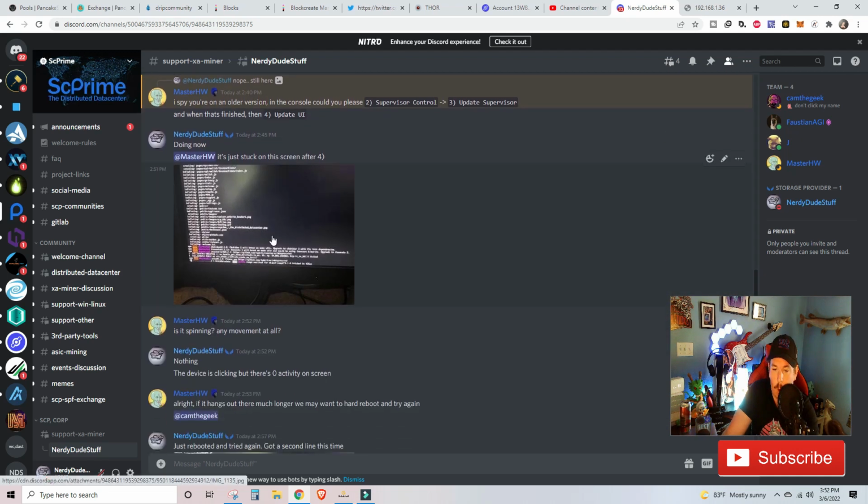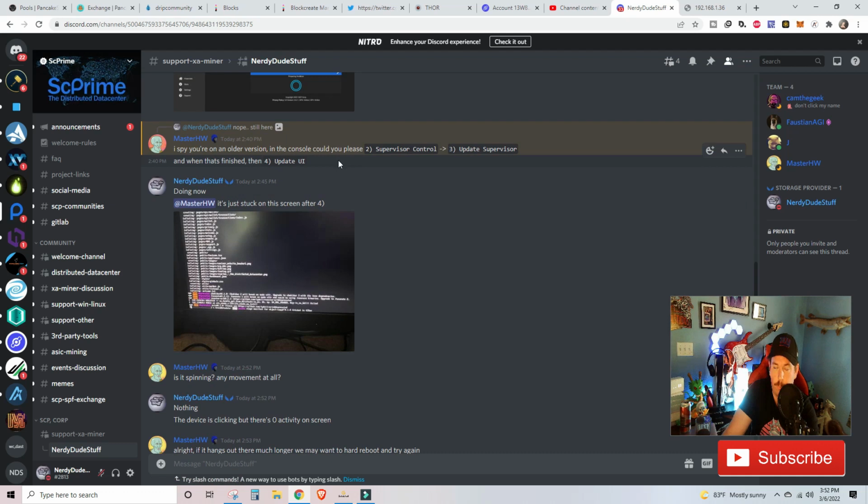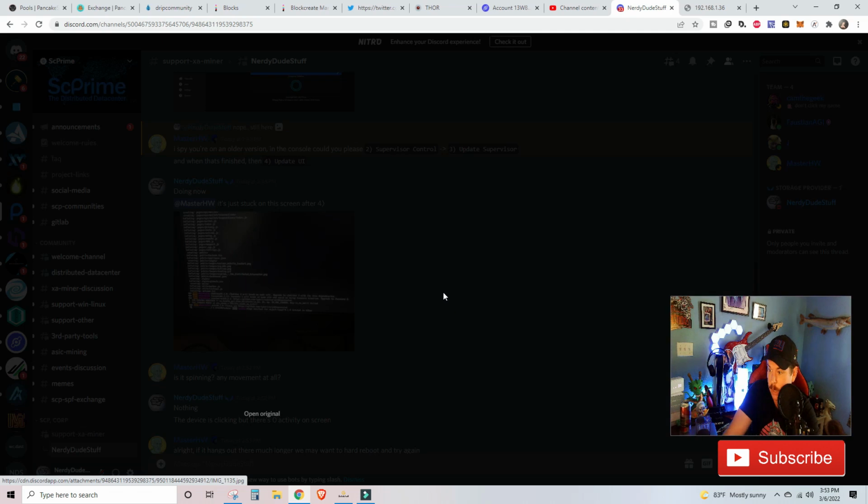Now after you've done all that, what you want to do is reboot the unit, and then once you're in those options, you saw where I had to click 2 and then 3, so you want to do the supervisor control, then update the supervisor, and then you want to update the UI by doing 2 and then 4 instead of 2 and 3. These are some of the issues that we've been getting. We'll pull up those pictures on screen here,